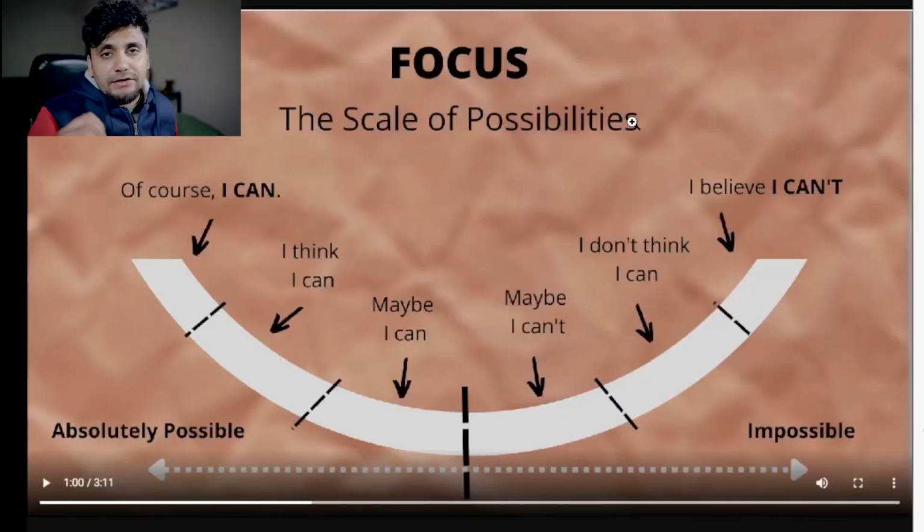Now, this may seem a little familiar to some of you who have already enrolled in my course, The Manifestation Accelerator, but I talked about this in depth in the course, which I call the scale of possibilities. And this essentially follows the same principle of the law of polarity. In the scale of possibilities, on one side of the scale, you have this belief where you think that it's impossible to have what you want. But on the other side of the spectrum of the same scale, you have this belief of absolutely having what you want. And using this scale, I've been coaching my clients and letting them know how they can shift their beliefs